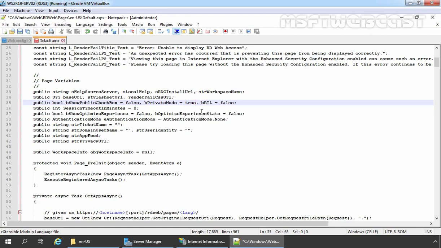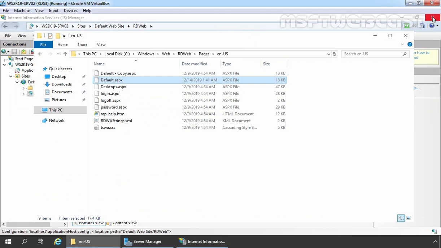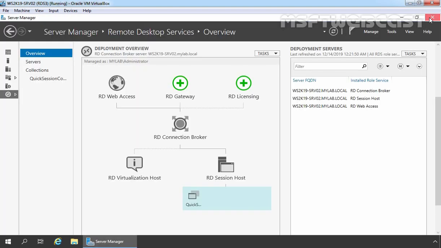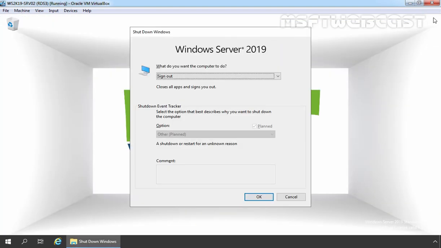Once you set the value of private mode to true, that page will be automatically considered as a private page and it will go right through the logon page. Now I'm going to save this and let's close Notepad++. After modifying all these settings, now we are ready to test SSO with RD Web Access. But before we test that, I want to restart the RD Web Access Server, as in this video I don't want any more errors. So let's close this. Let's close Server Manager as well and let's restart our RD Web Access Server.